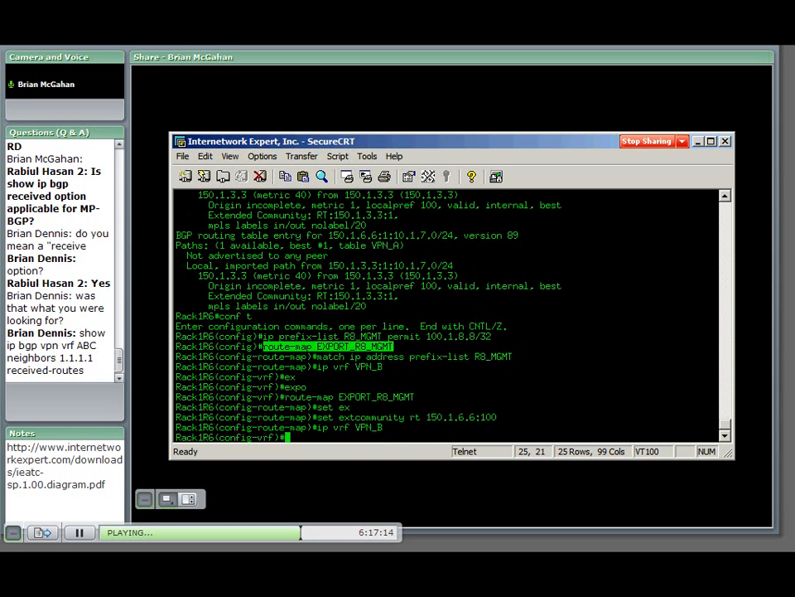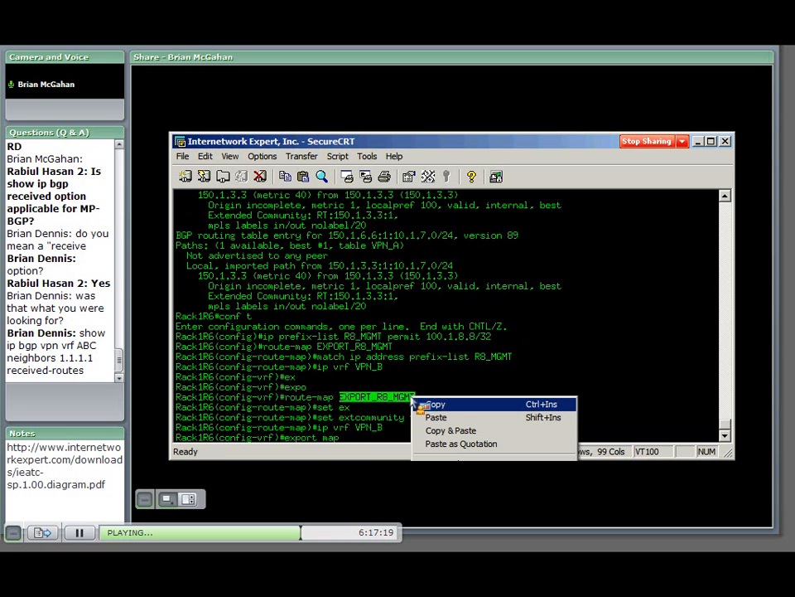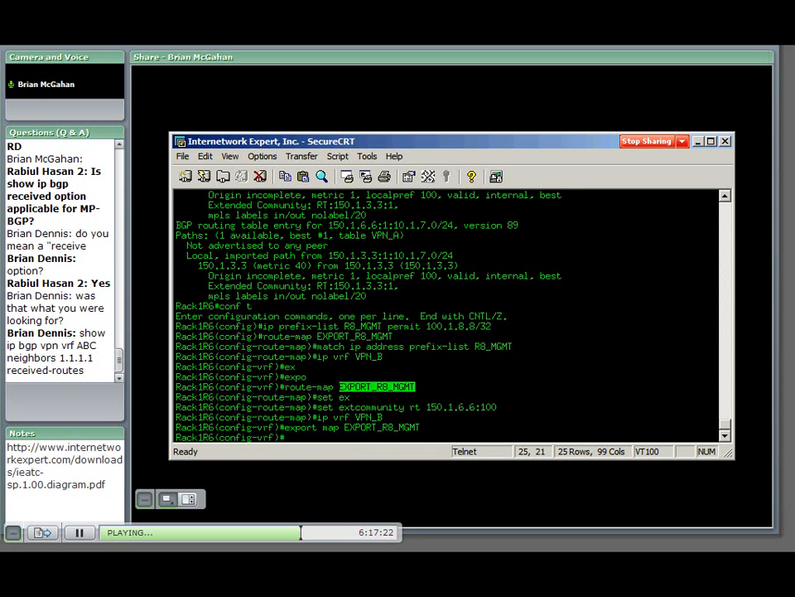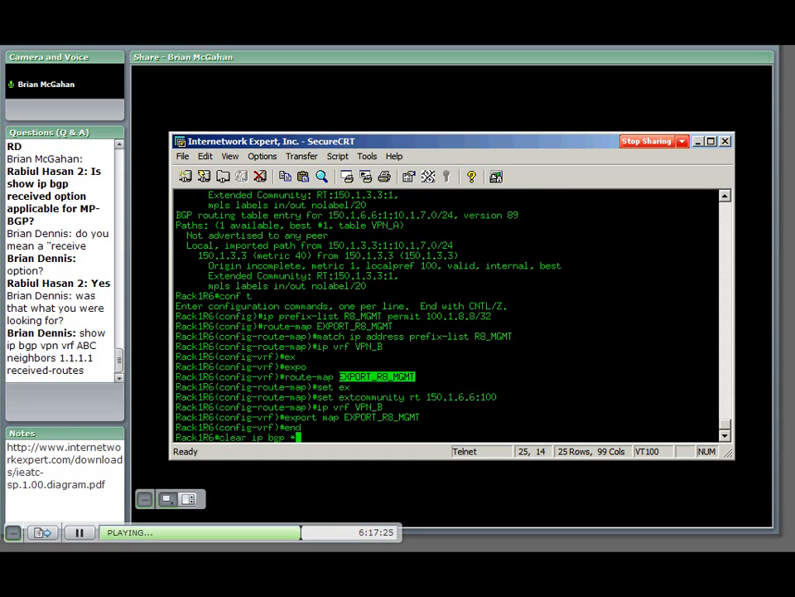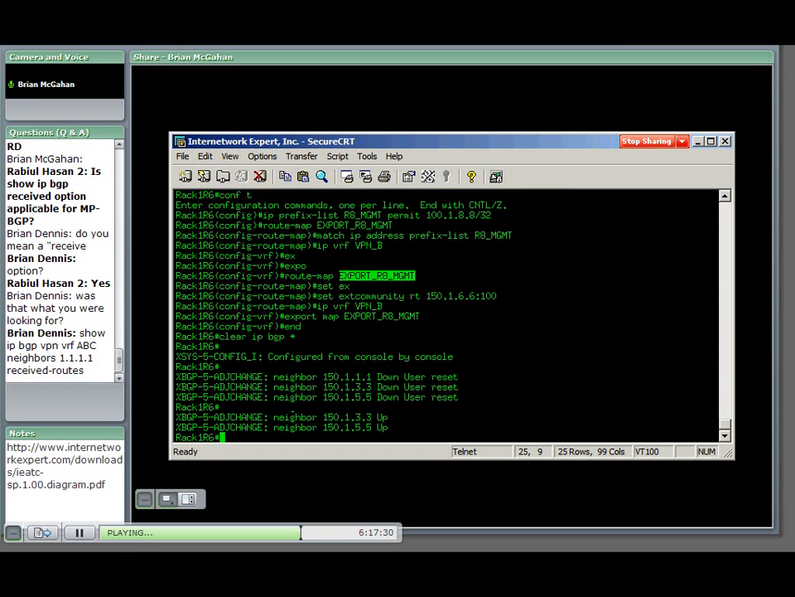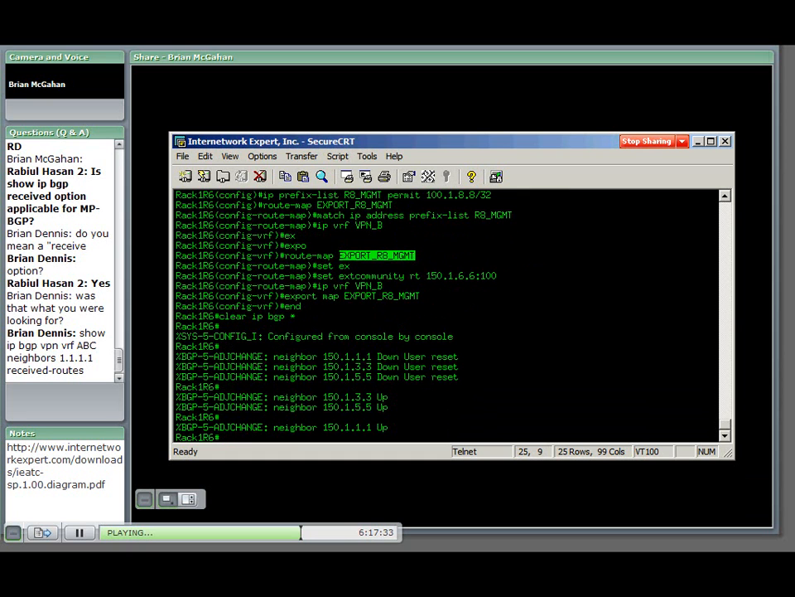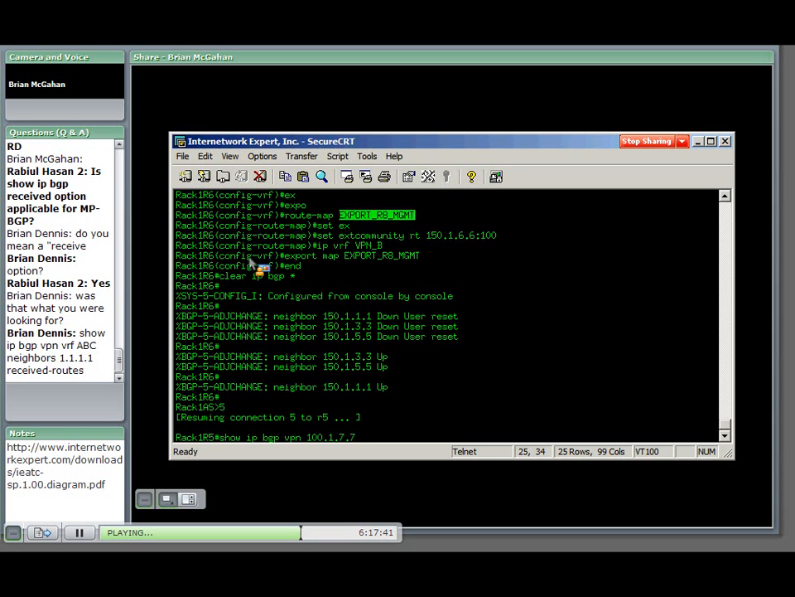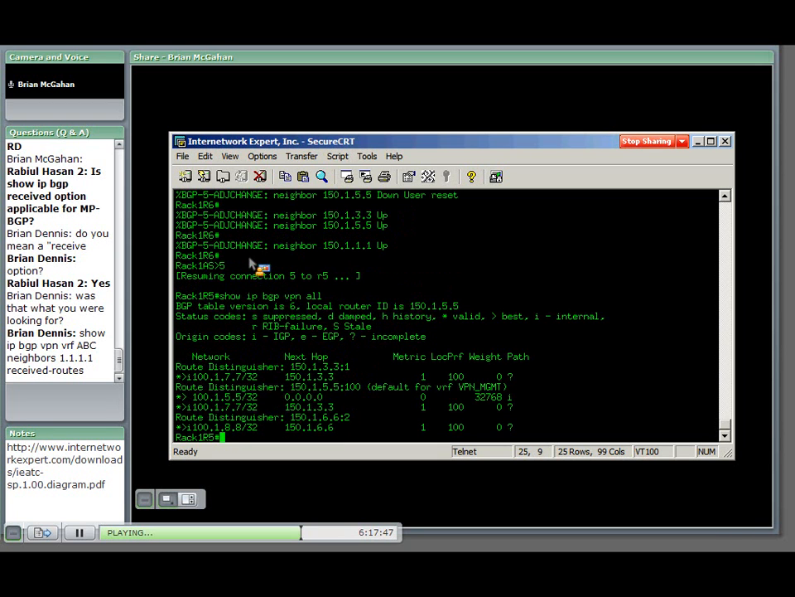Now we're going to say set extended community to the route target 150.1.6.6:100. Okay, then under the VRF, we're going to go ahead and export this. So we'll say export map, export router 8's management loopback. Okay, so if we look on router 5 now, in the BGP table, show ip bgp vpnv4 all,